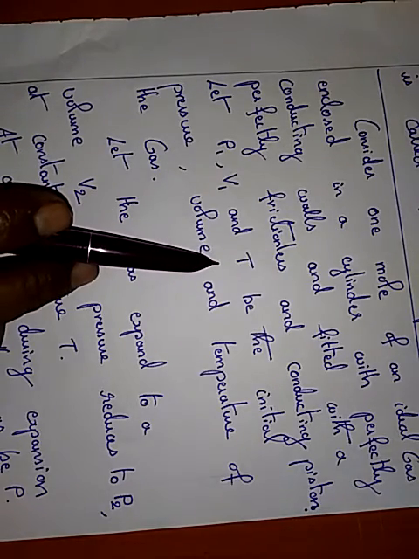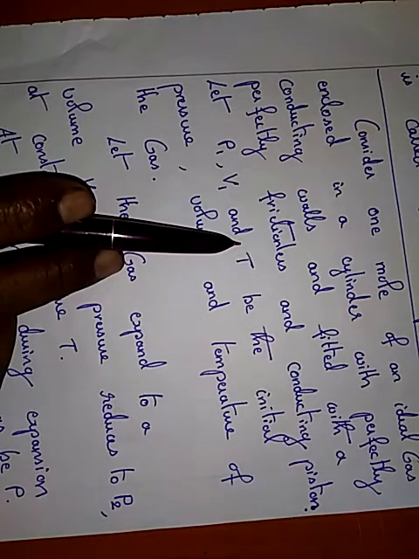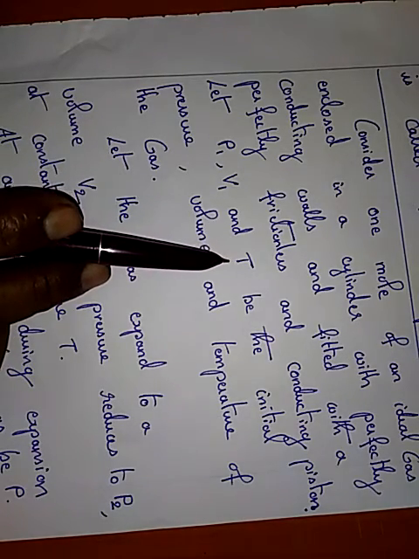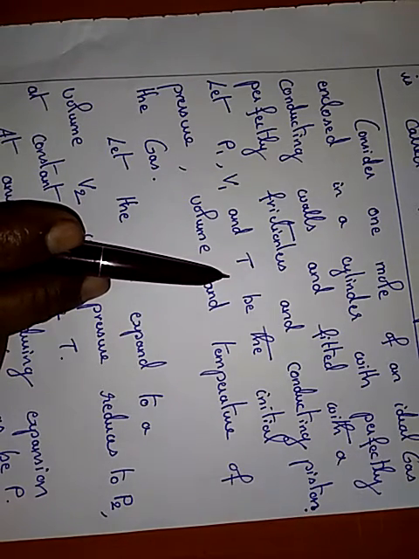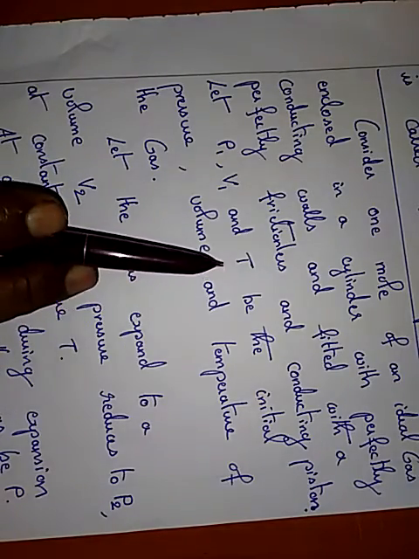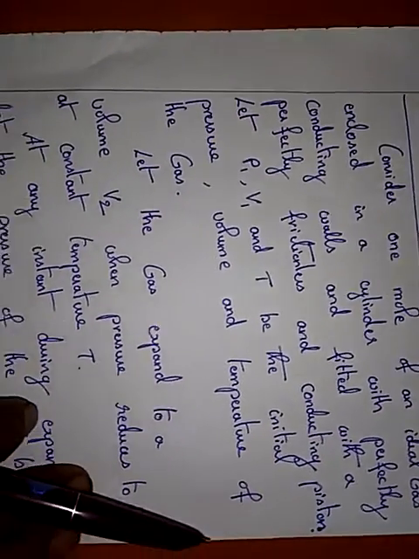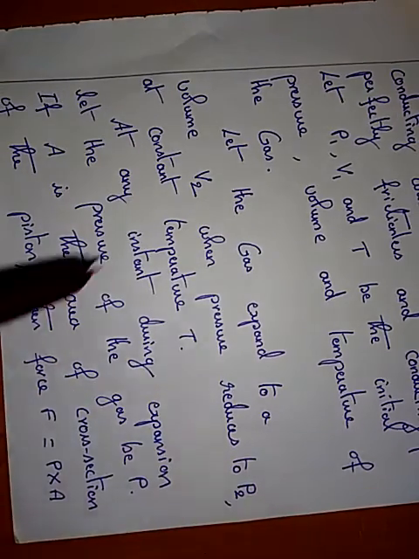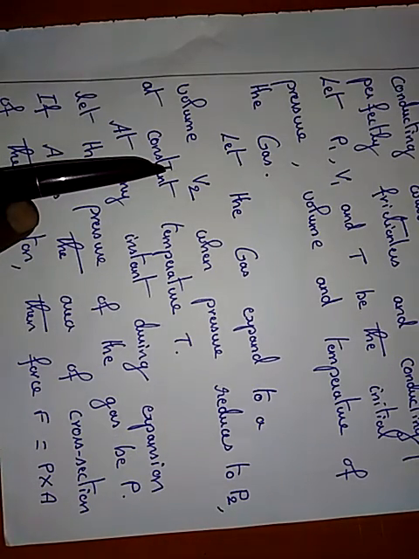Temperature is going to be constant in isothermal process. Therefore, we name it as T. We don't have initial temperature and final temperature just because temperature is constant in isothermal process. Be the initial pressure, volume and temperature of the gas. Okay. Let the gas expand to a volume V2 when the pressure reduces to P2. So naturally when the pressure decreases, the volume increases